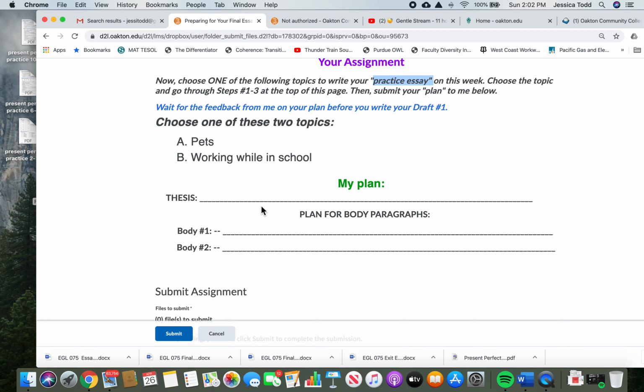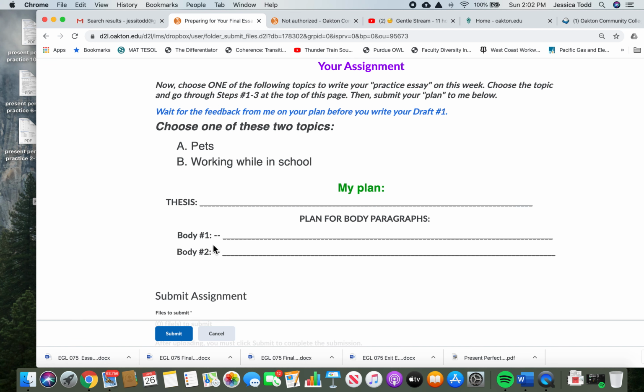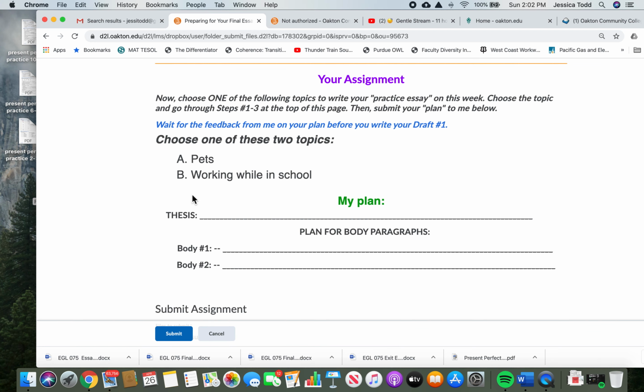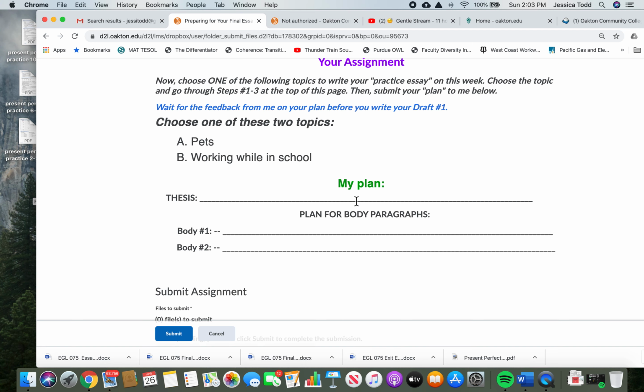For your thesis, you need to decide what kind of essay do you want to write. Do you want to write a compare contrast? Do you want to write an opinion or give reasons for something? Okay, so again, thinking about the topics, you're going to write your own thesis or your own main idea here with a controlling idea. After you write your thesis, that will tell you what body number 1 will be about and body number 2. So you can write just a few words or maybe even a sentence for body 1 and body 2. You can write this by hand and submit a picture, or you can write this in Word and submit a picture. You're not doing a whole outline, you're just doing these 3 things in your plan.